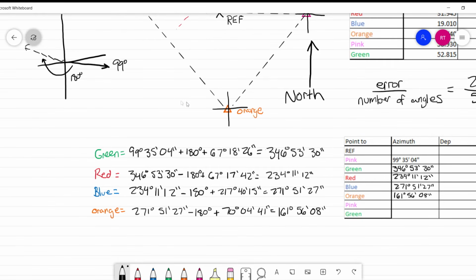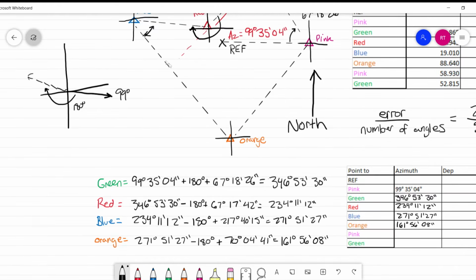This is a little bit strange because now we have the azimuth coming down. We need to then add 180 degrees to get back. It will be the azimuth of this line coming back. We're going to add 180 degrees because what we have right now from blue is coming down like this. So we want to get to the other side of it. Then we're going to add the angle measure, which is from here to here.